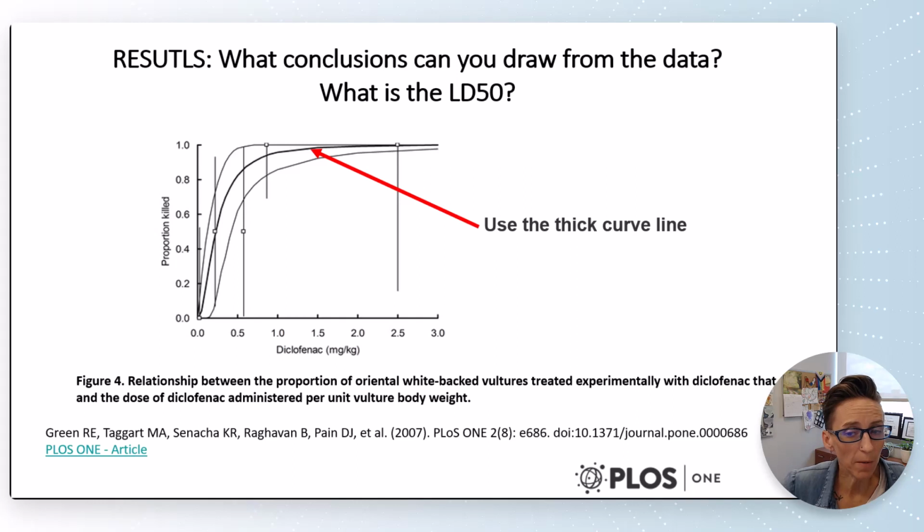As you saw from the table, diclofenac is toxic, incredibly toxic, killing a massive percentage of the vultures tested, while meloxicam proved to be non-toxic to vultures. Take a look at this graph on this slide, focusing on the thick curved line. The x-axis shows the dose of diclofenac administered in milligrams per kilogram of body weight, and the y-axis shows the proportion of vultures killed. If you need the long description for this image, please see the notes for this slide